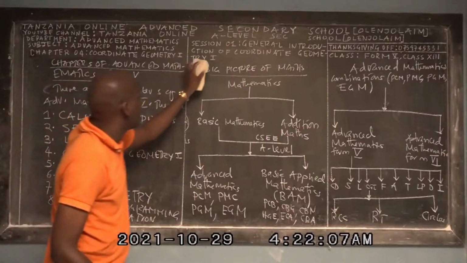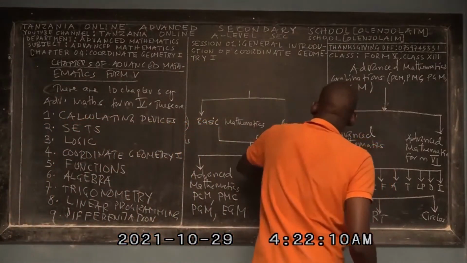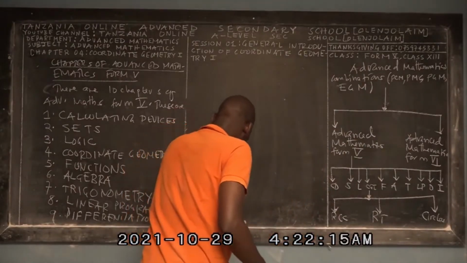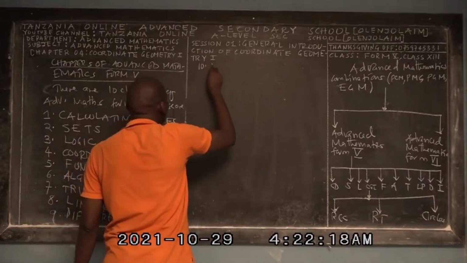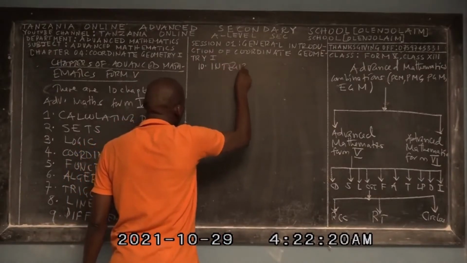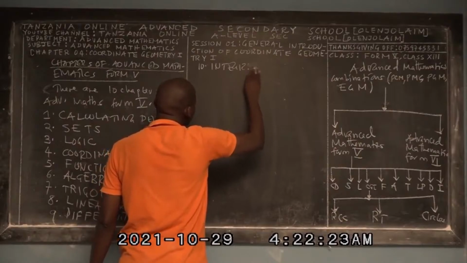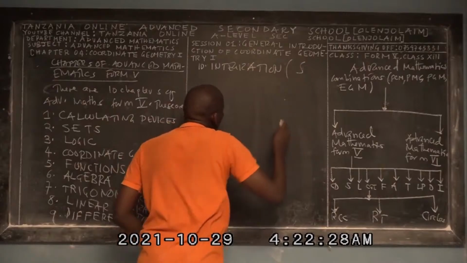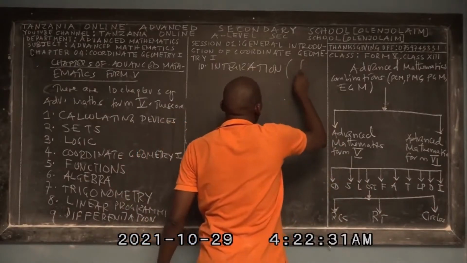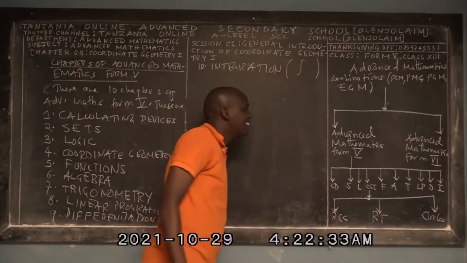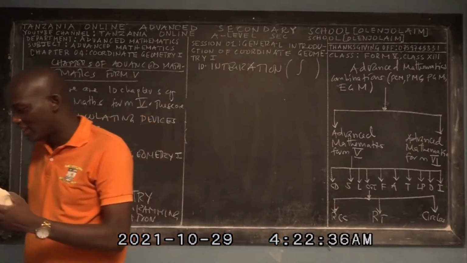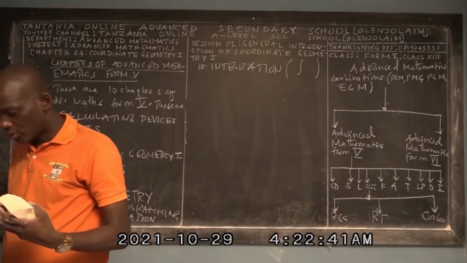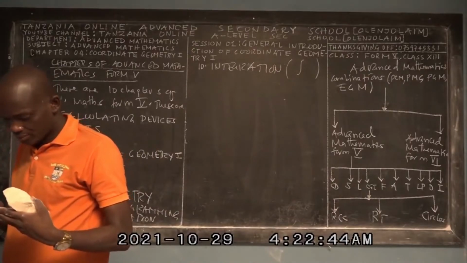Differentiation. And the last topic for the Form 5 Advanced Mathematics education is called integration. So the 10th one is called, in mathematics, integration. Say integration. Let me give you this fantastic symbol. So this is the symbol of integration. So those are the 10 topics that we have to cover during our learning process of